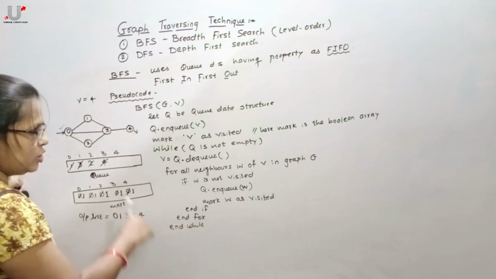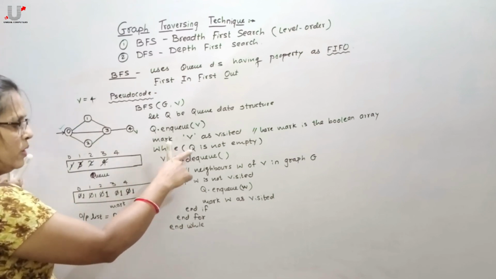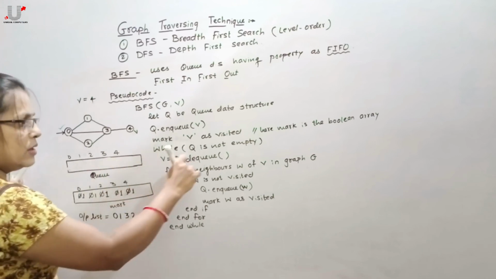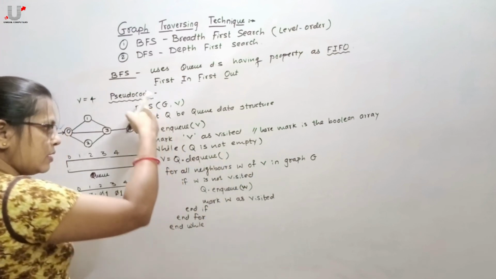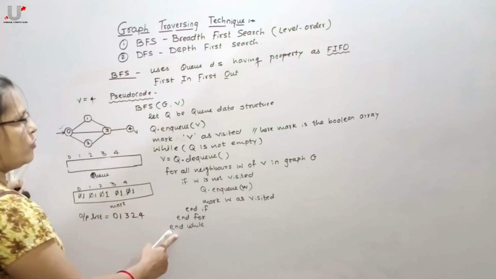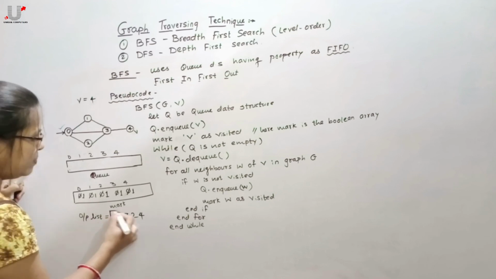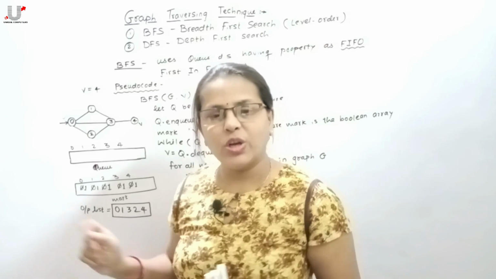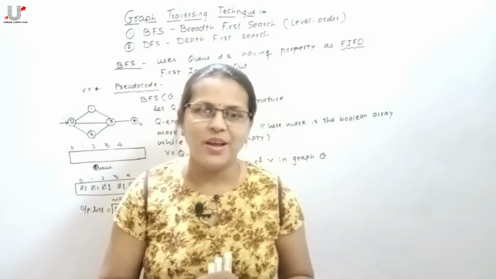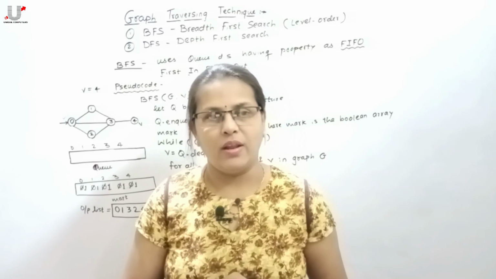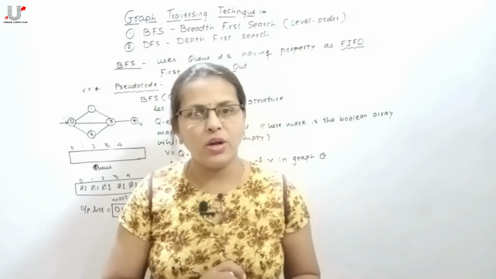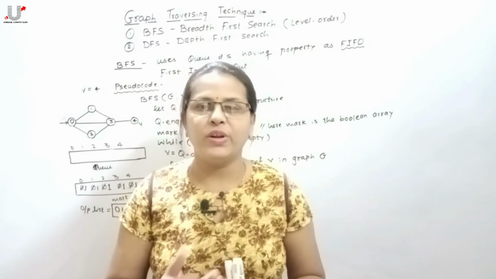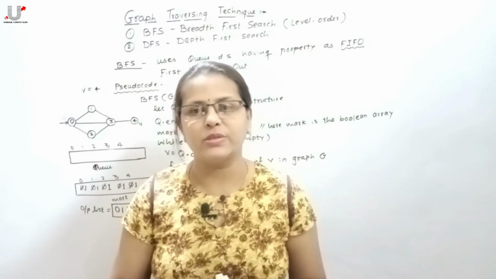Then again check the status of the while loop. Now all the nodes have been removed from the queue, so the status is empty, then it will terminate the while loop, and this is a valid BFS traversal of this graph. This is not the only traversal of BFS, there are others as well. It all depends on the order of nodes you choose. In the next video, we will discuss the DFS traversal of a graph.